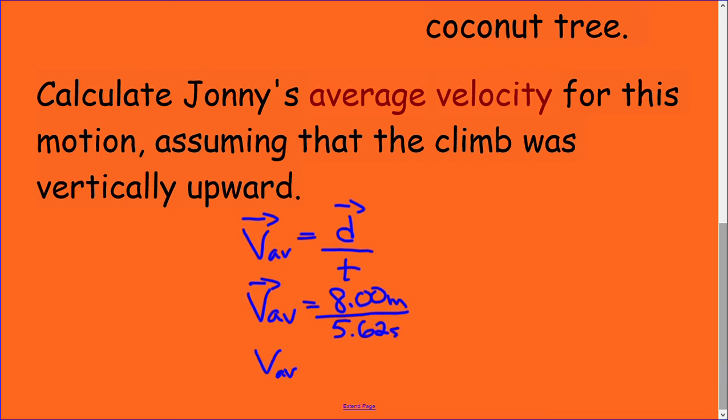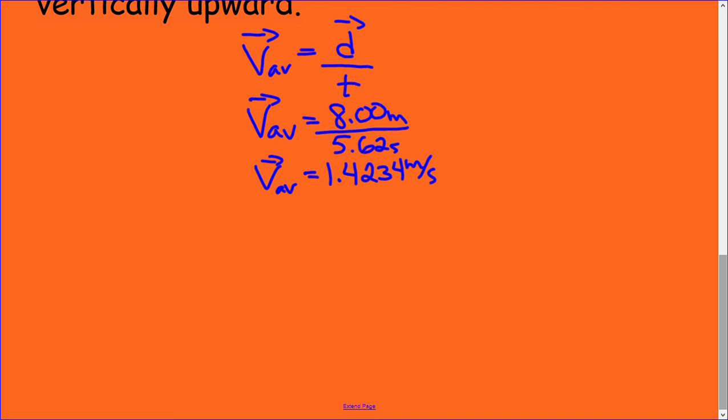And we can find out that our average velocity is going to work out to be 1.4234 meters per second. And then if after that we took significant digits into consideration, looks like there's 3 in each one, so it looks like average velocity is going to equal 1.42